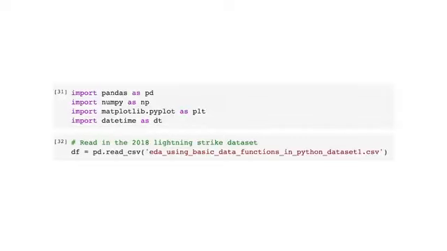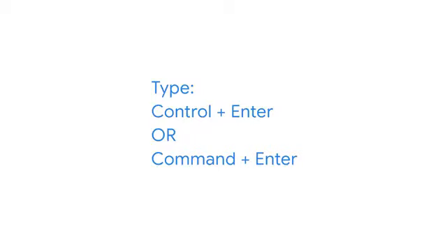The NOAA dataset we will use is in the public domain, but we have provided a file to download so you can follow along. To begin, import the Python libraries and packages you plan to use. In our case, we'll use pandas, numpy, and matplotlib.pyplot. To save time and increase efficiency, rename each library or package with a 2-letter abbreviation, pd, np, and plt, respectively. Another quick tip for saving time, instead of clicking Run Cell, you can always use the keyboard shortcut Control or Command Enter.